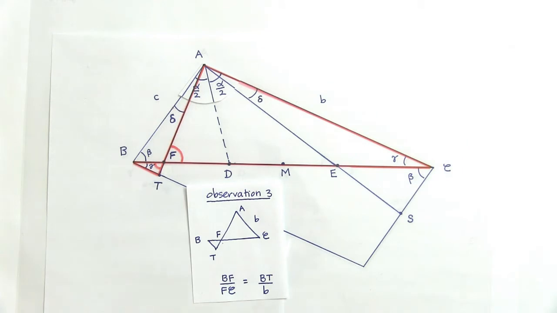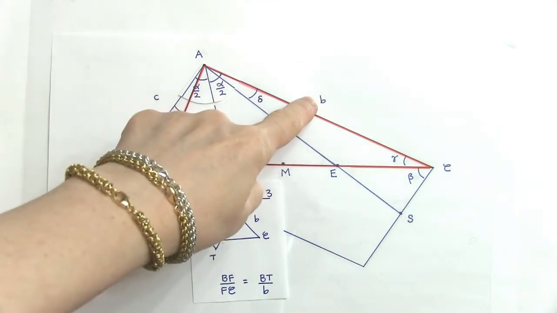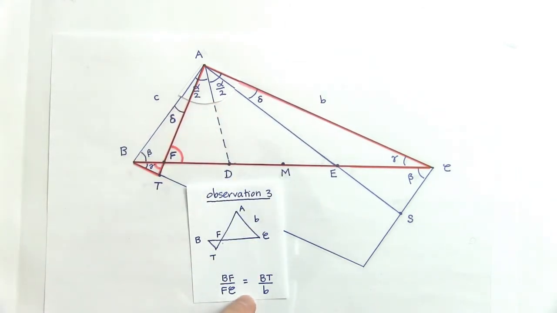And this is one of the steps that we're going to need to use to show that this ratio BF over FC, our ultimate goal, is equal to C cubed over B cubed. And this is how far we've got at this point. So we need to look at a few more similar triangles so that we can put all of these together and get the result. So for my fourth observation,